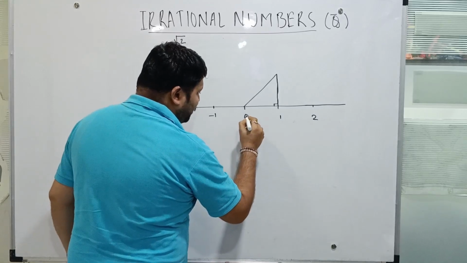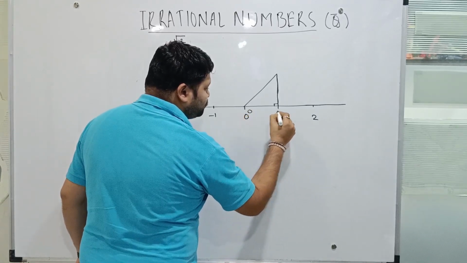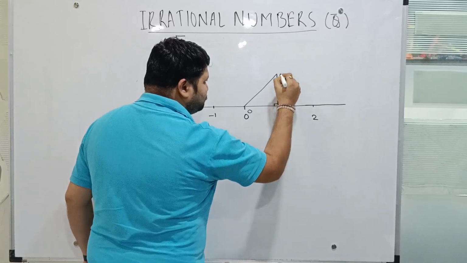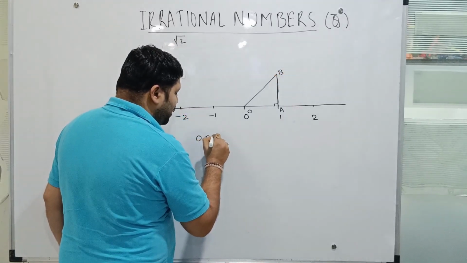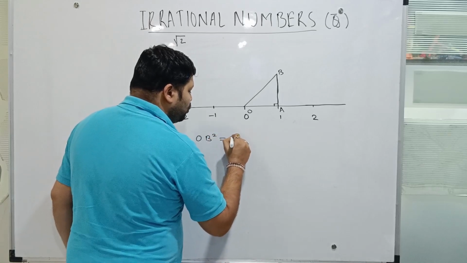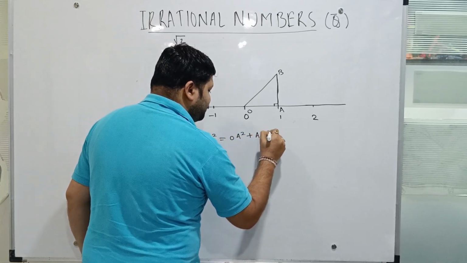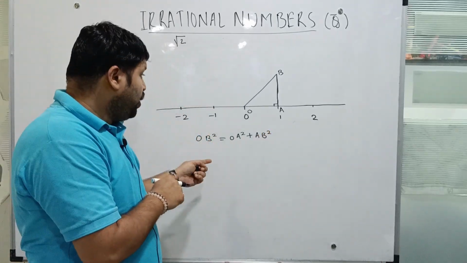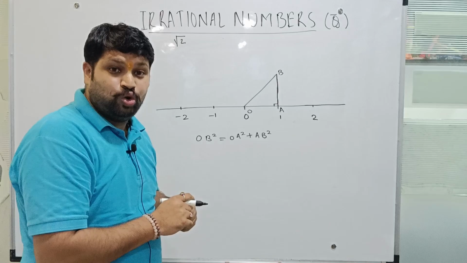If I name this point as O, this point as A, and this point as B, you can see that OB square would be equal to OA square plus AB square,